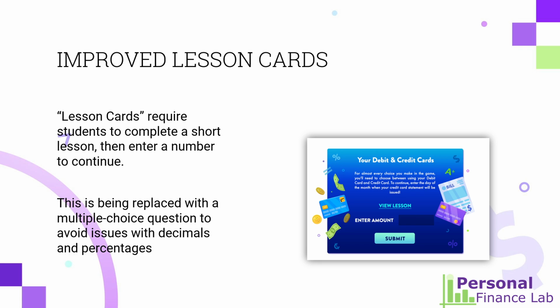Most events of the game happen and they're kind of random, and they have an expense or income that students make. But on certain days of the game, we do make students go through some small lessons talking about financial literacy concepts. The way these lessons work now is they view the lesson, and in that lesson there's some bit of information that they use to answer the question on this card, and they enter a number